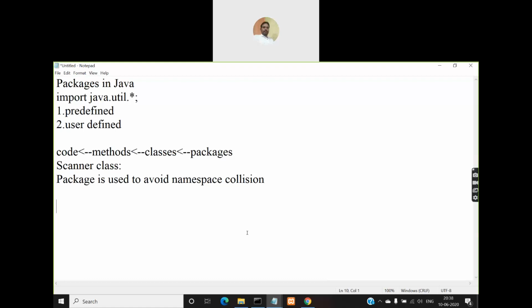Even if you don't put the .java file in that folder, nothing will happen. But you compile the program and generate the .class files and put them in the folder. In the command prompt, I'll show you how to compile the package program and generate .class files and put them inside a different folder instead of putting them in the same folder, right? Now I'll show you with an example how to create packages in your Java program, how to compile them and how to run them.